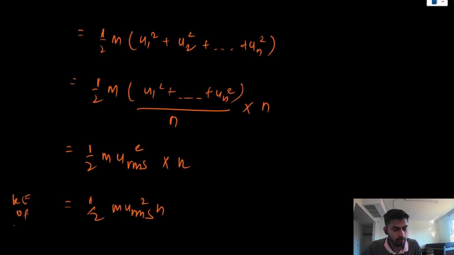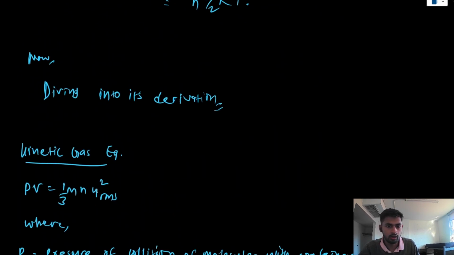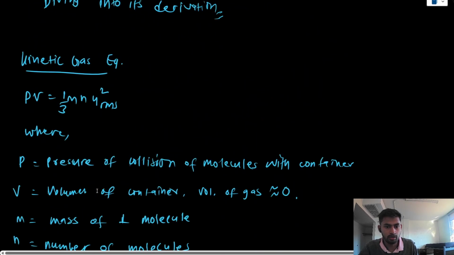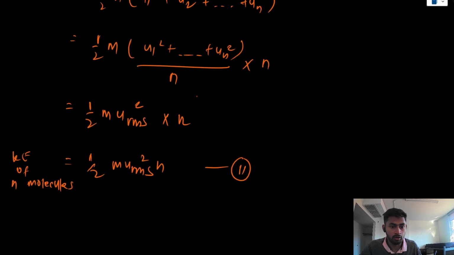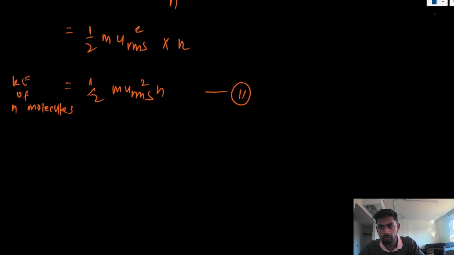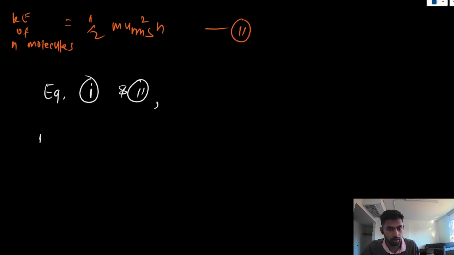This would be our equation 2, and the equation above here, pardon, is equation 1. Now, let me change the color. If we divide equation 2 by equation 1,